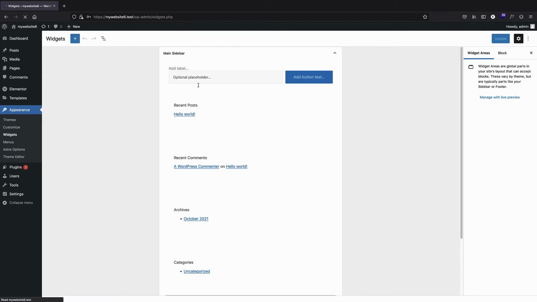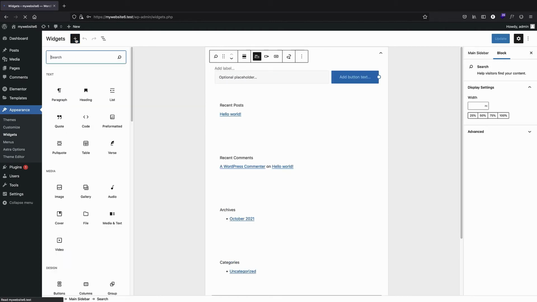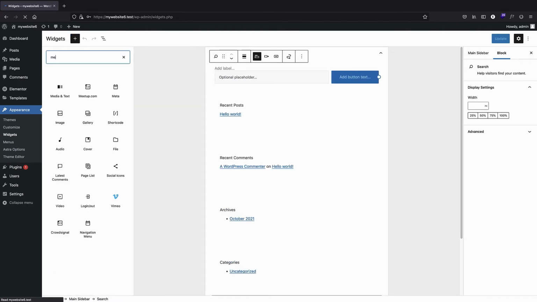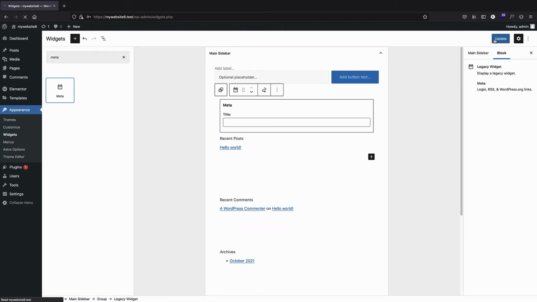So I can just, for example, use it in this main sidebar here, and now I can just use the default meta widget, which is offered by WordPress. So if I just put it here and update it,